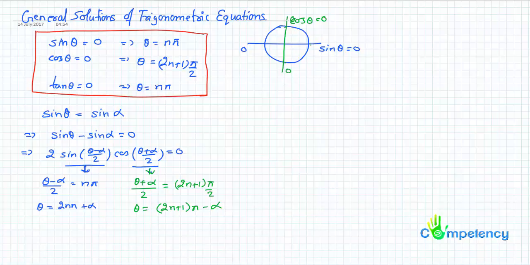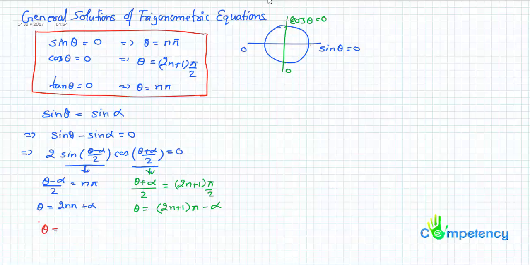Now, what actually happens here: if it is 2n pi, that means it's an even multiple of pi. When it is an even multiple of pi, we are adding alpha, and if it is an odd multiple of pi, we are subtracting alpha. So this can be combined to rewrite as theta